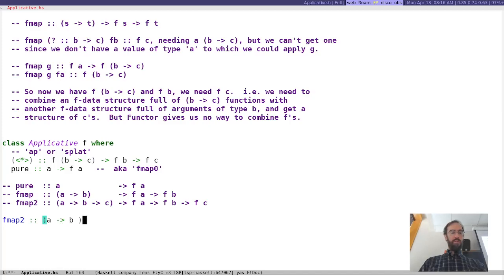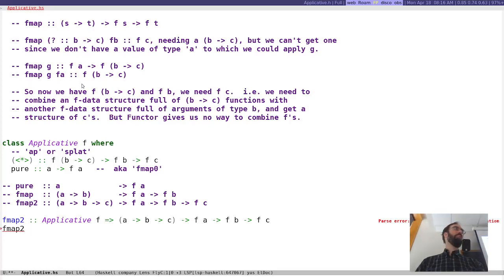So, fmap2. Let's just tie this loop off, and show that, yes, indeed, we should be able to do this, because that's where we got the idea for this operator from: the fact that it's what we needed to finish our fmap2. So we should be able to implement fmap2 now using Applicative. Oh, I forgot a very important thing,